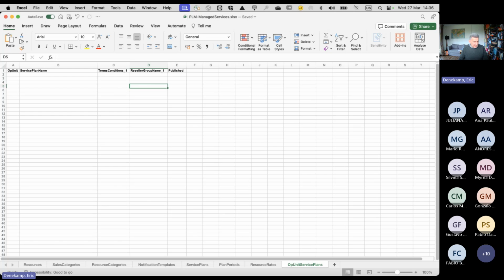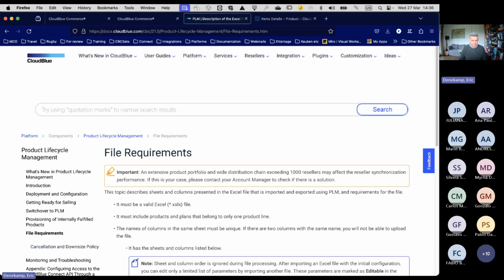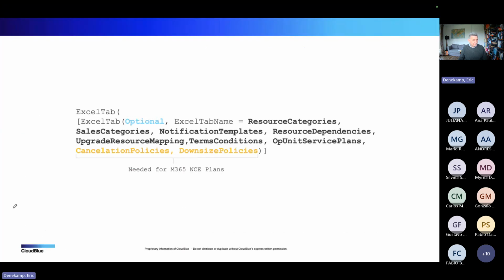There is a tab possible for terms and conditions. There is a tab possible for resource dependencies. There is a tab possible for upgrade resource mappings.